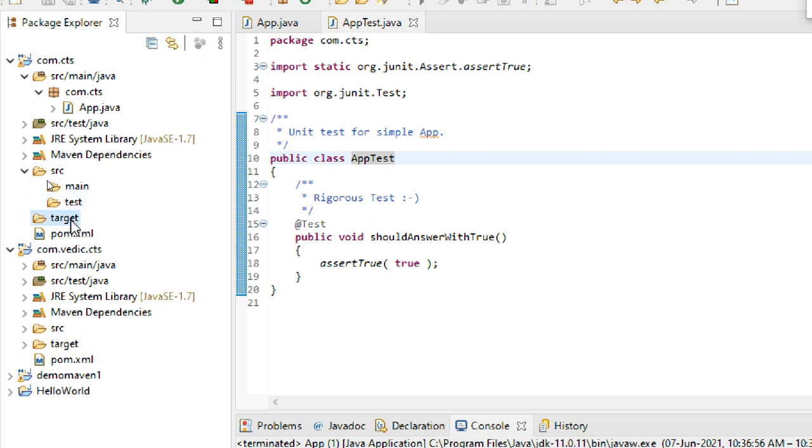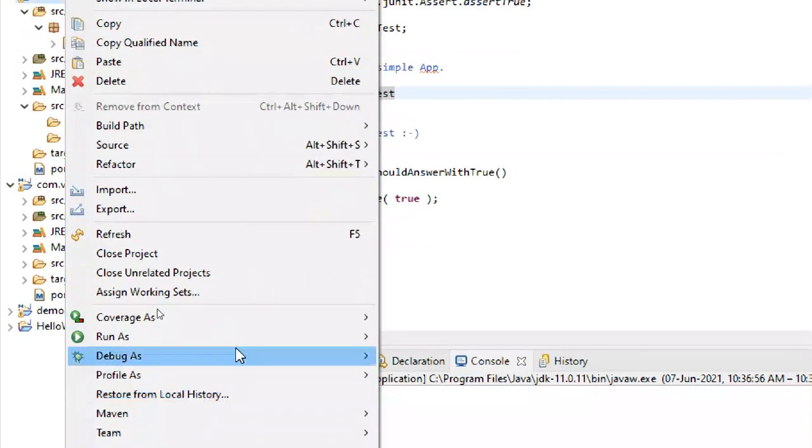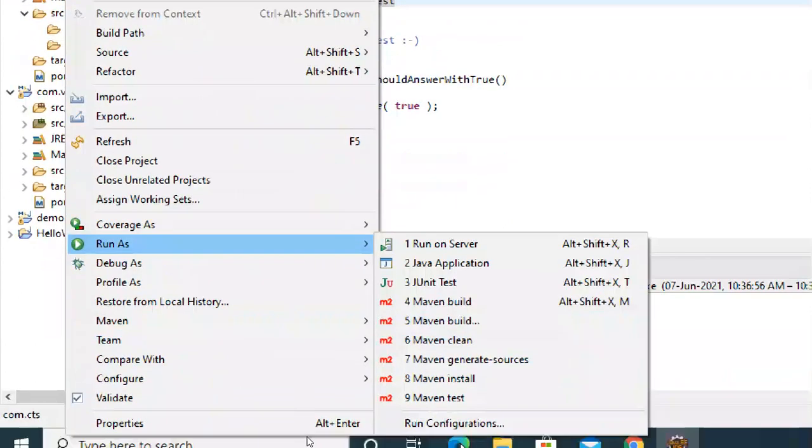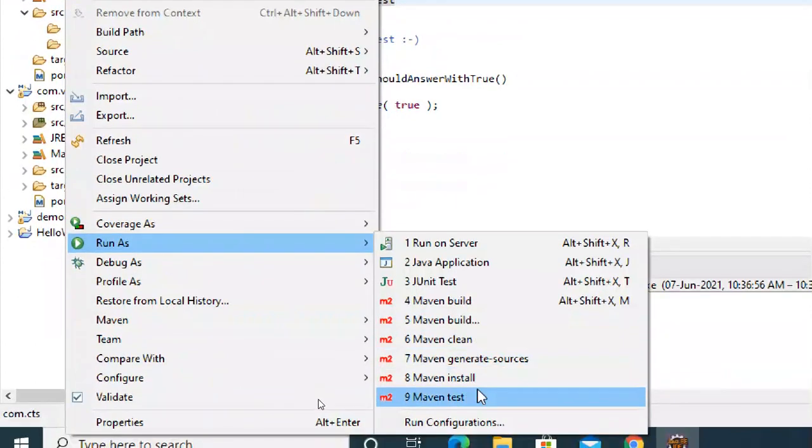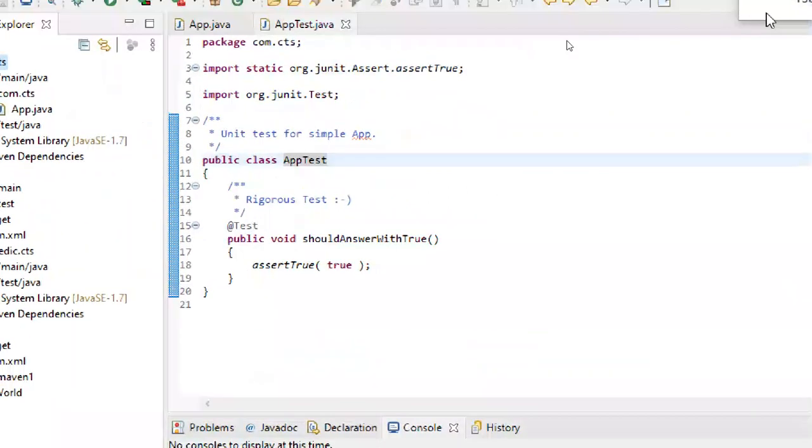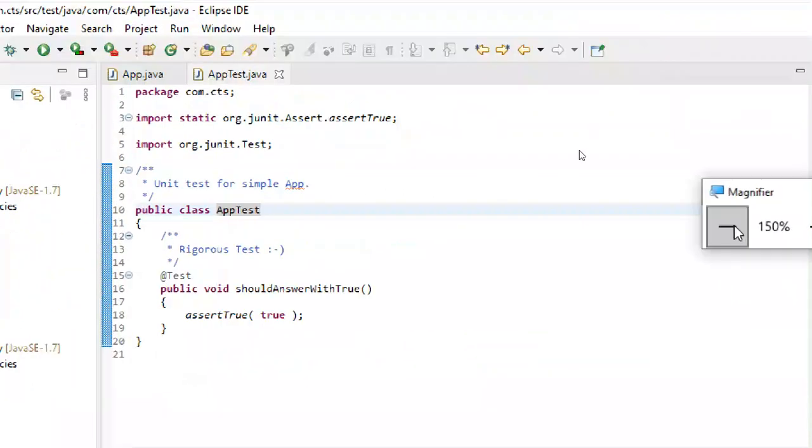This is a target folder, of course. These are the folders. Now using Eclipse, if you want to do Maven kind of stuff, simply run Maven clean, Maven install, Maven test, Maven build, like that you can do it. This is only for unit test purpose. So I'm running Maven commands only.